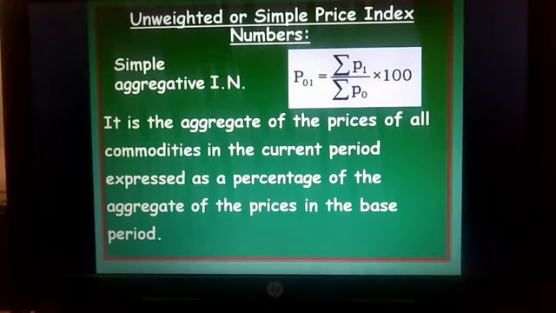So how is it being defined, or how is the explanation given? It is the aggregate of prices of all commodities. Several commodities may be taken into consideration while calculating an index number. For example, household information may be taken, like for calculation of index number. There may be several